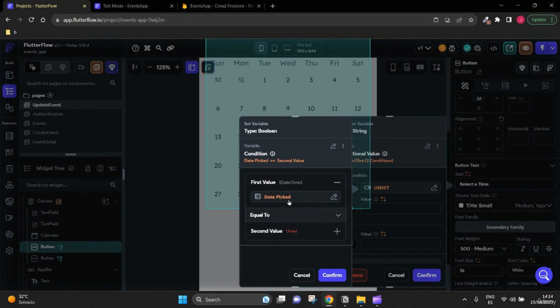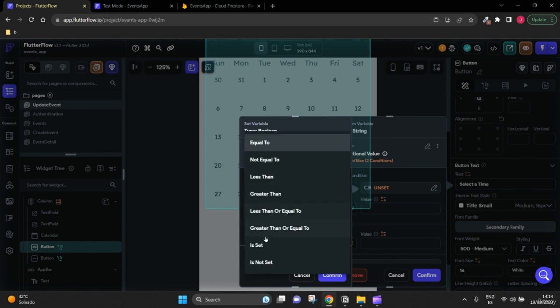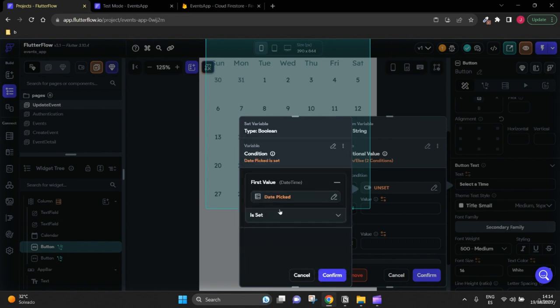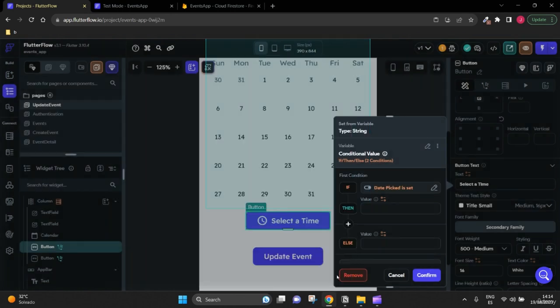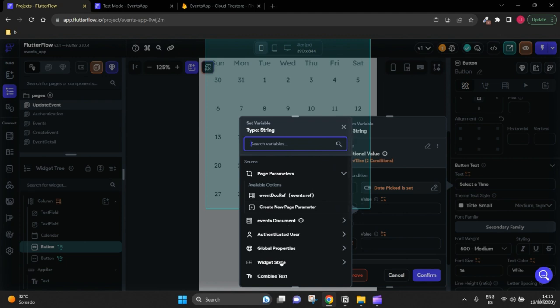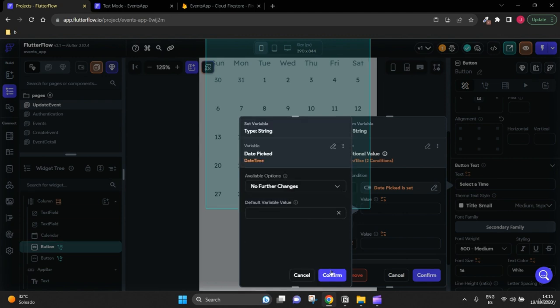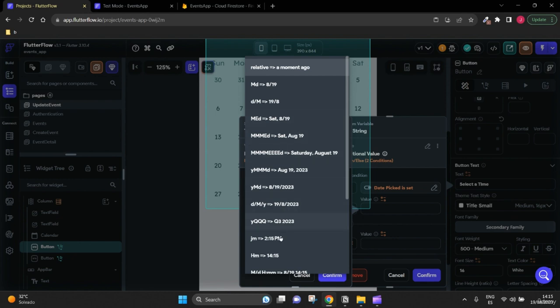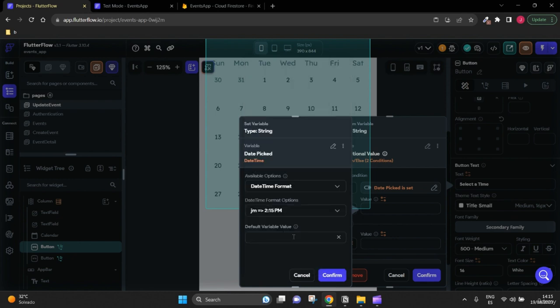So if the time picked is equal to no, it's set. That means if the user has picked a time, so if this condition is true, then we want to show the widget state date picked, and also don't forget to format it. Format it as time picked like this. The default value is going to be select time,